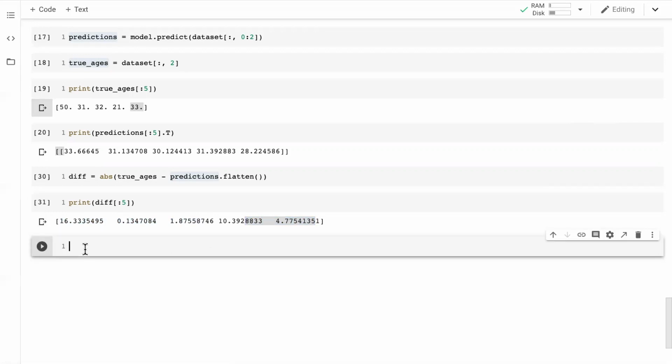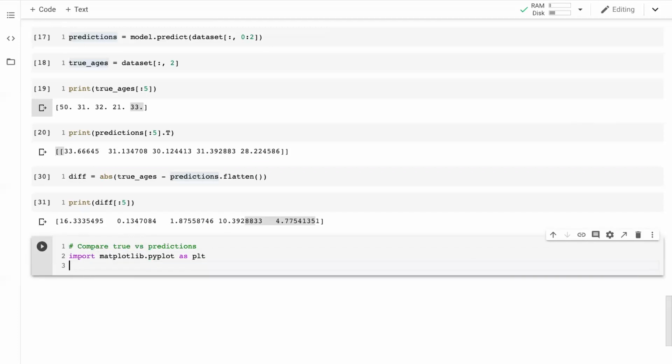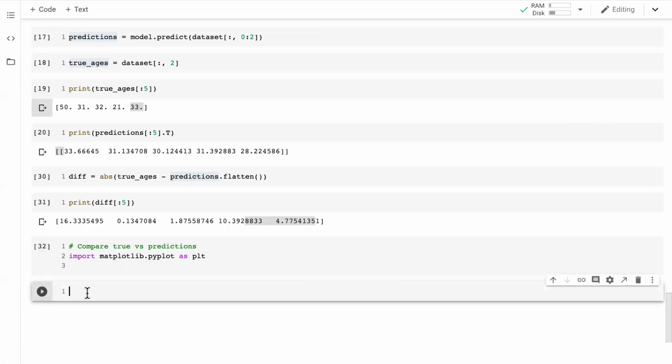Now, one really nice way to compare true versus predictions is to simply draw a scatter plot between true and predictions. For this, I can do import matplotlib.pyplot as plt. I get this running so that I can autocomplete other features. And then I do